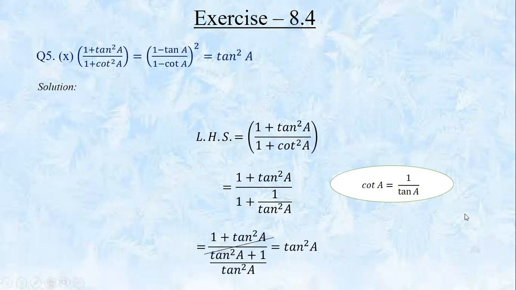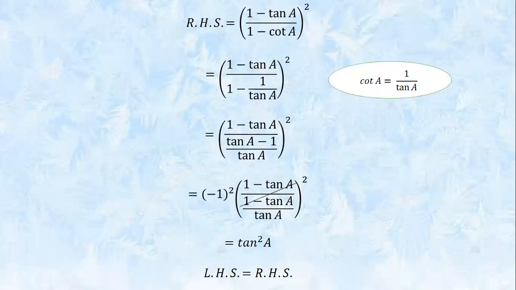Let us move on to the RHS. So in RHS, we are having ((1 minus tan A) by (1 minus cot A)) the whole square. Again, in this also, cot A will convert to tan, which is 1 by tan. Taking LCM, we'll have (tan A minus 1) by tan A. Numerator has 1 minus tan A, denominator has tan A minus 1. So we will take minus 1 common outside. But then we are having a square here, so minus 1 whole square will be taken as common outside. And we are left with (1 minus tan A) by ((1 minus tan A) divided by tan A).